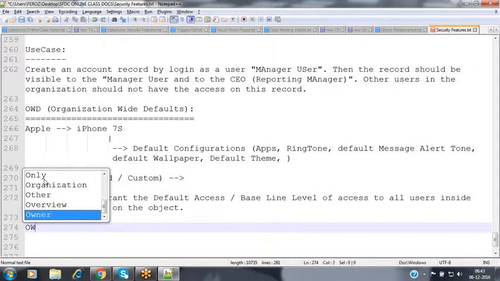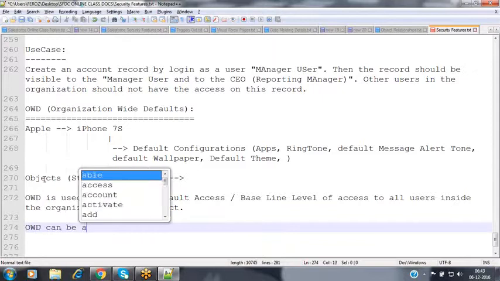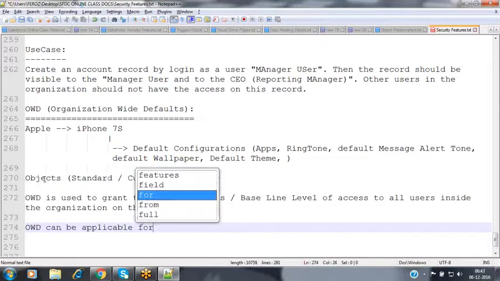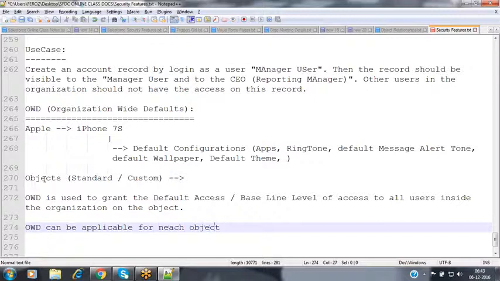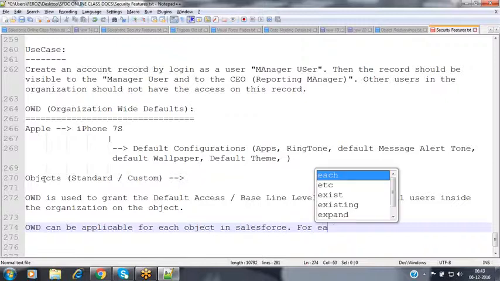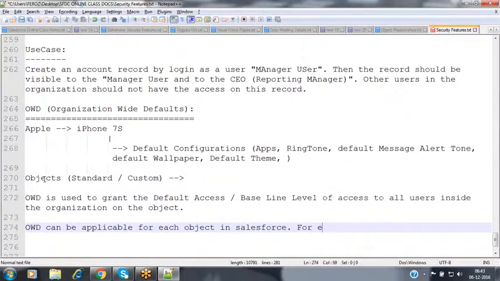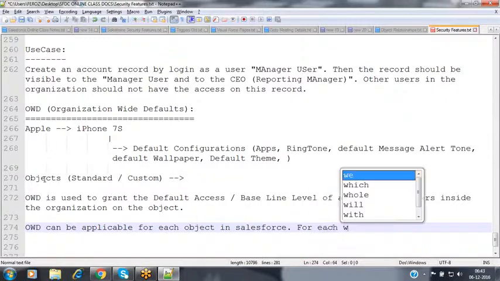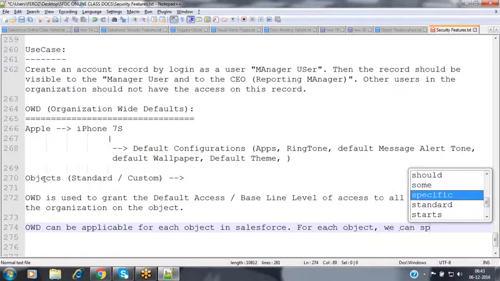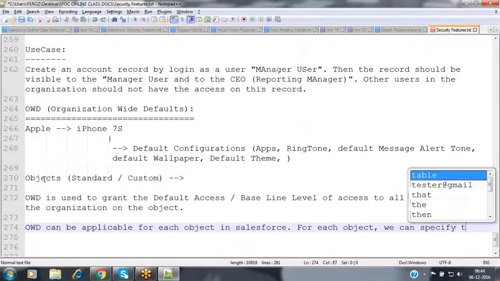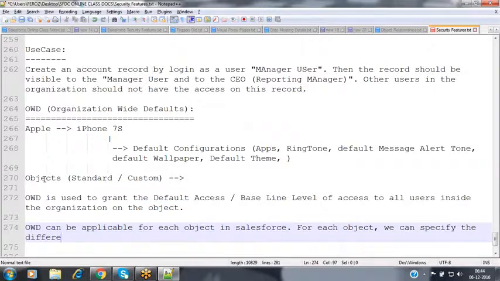So now OWD is applicable for each object in Salesforce. For each object, we can specify a different OWD option.